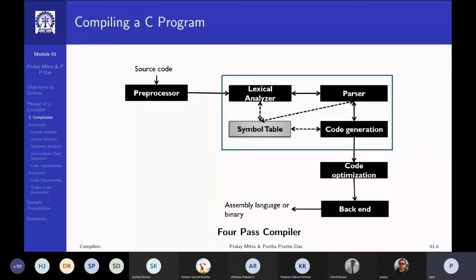You can see that before code optimization, you have the influence of the source language, the language in which your program was given. In the backend, you have to know the target architecture, the target processor you are targeting. So the backend needs to know that.